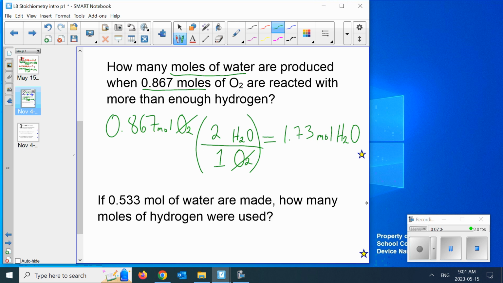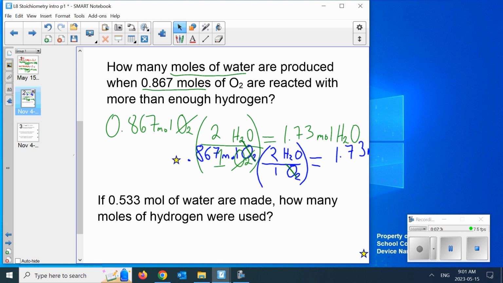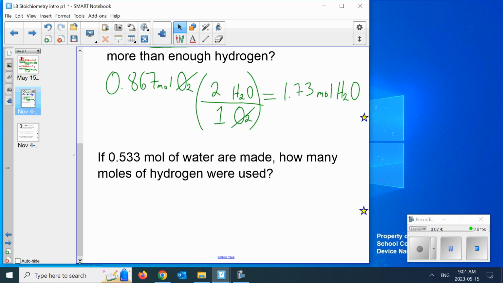The reason why there's a star there is because I've done this problem before. So 0.533 moles of water are made. So we're working backwards on this one. Another 0.5 there, like on the wrong number. 3 moles